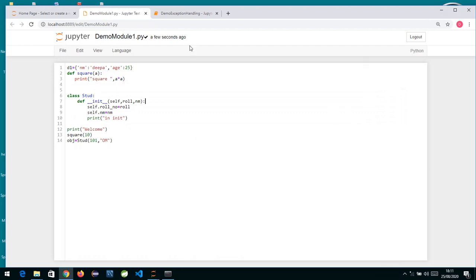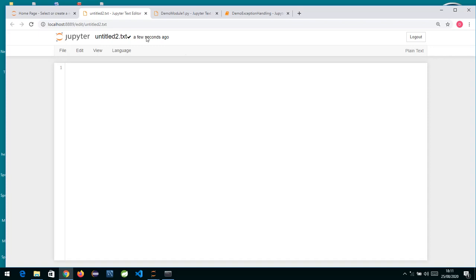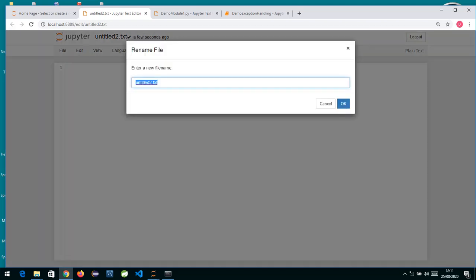Now suppose I create one more module over here. I just create a new text file, and this is my module 2. So I just rename this to demo_module2.py.